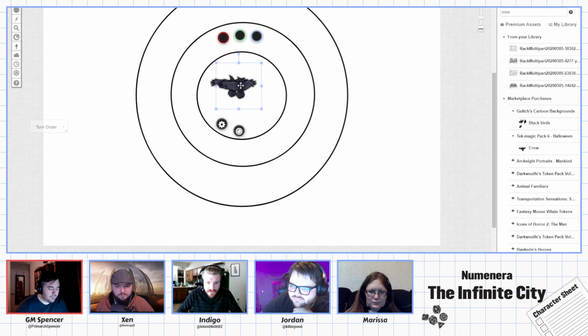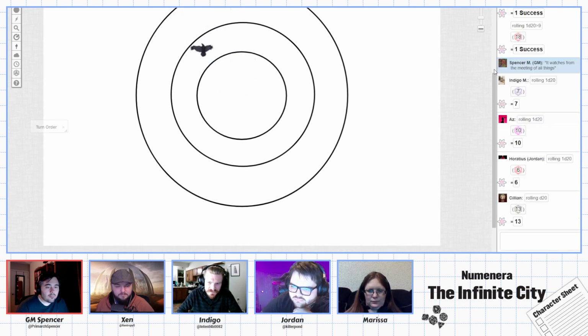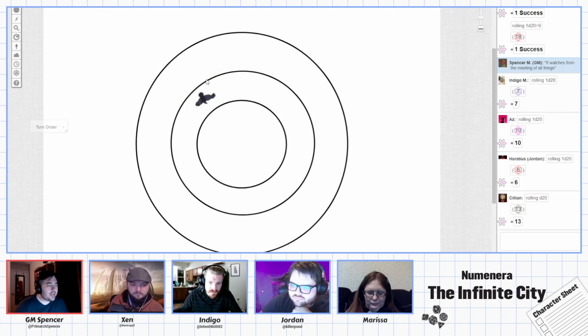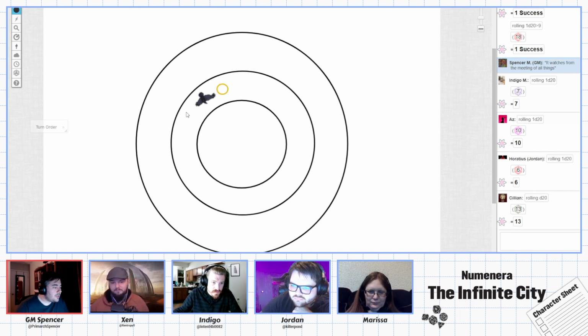Oh, there we go. The crow represents the leader because he has black feathers. Are we allowed to interact with things in the scene as well? Yes. For the combat? Absolutely. Combat is not that restrictive. It's not that you can only do combat actions in combat. It's perfect. So yeah, he and his two guards, which I will make yellow circles,